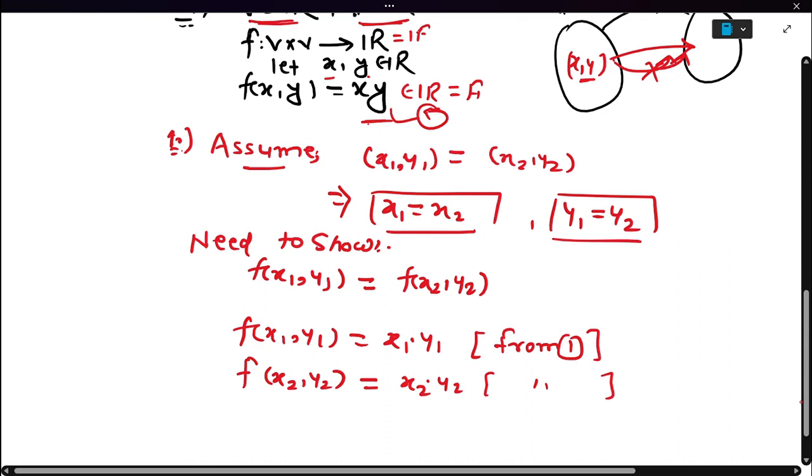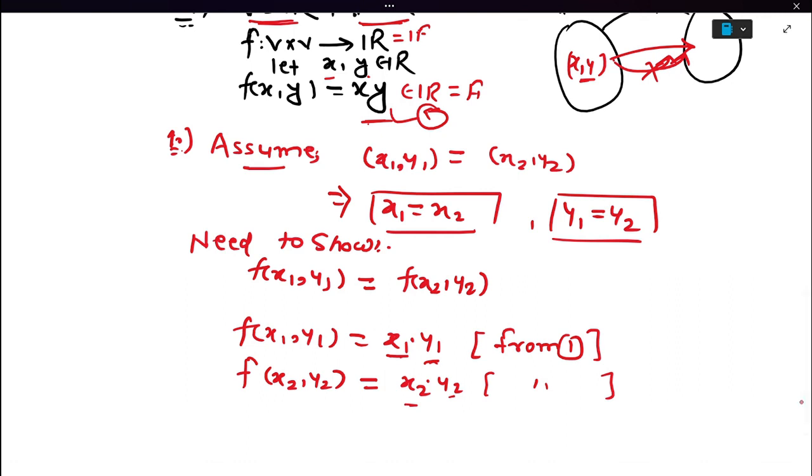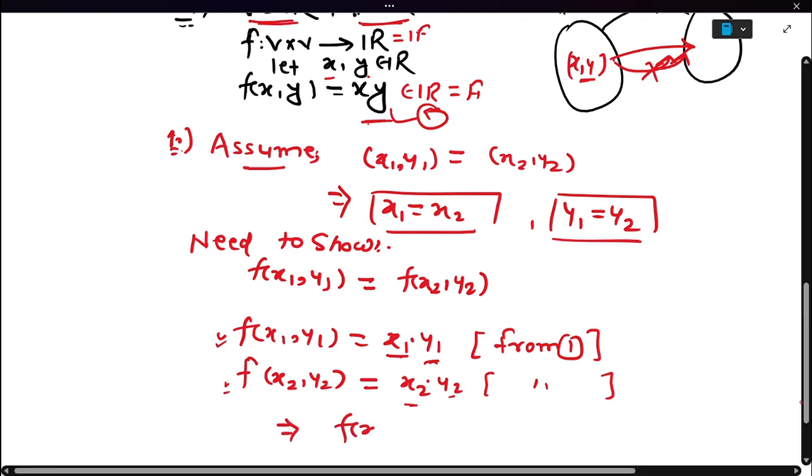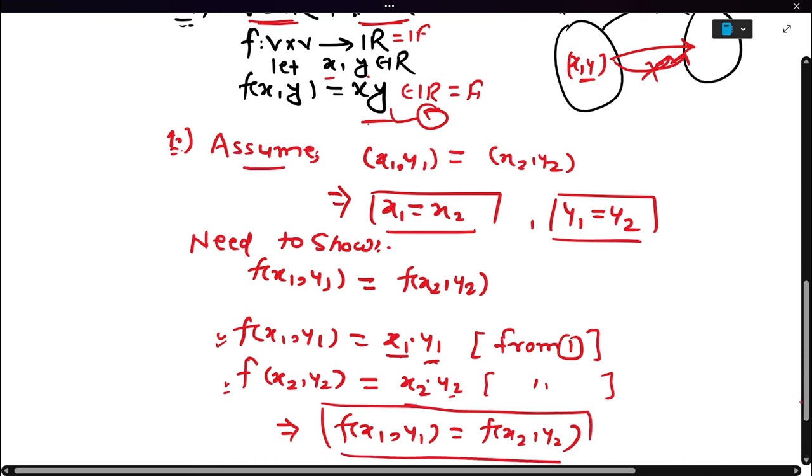Now we can see here x1 equals x2 and y1 equals y2, meaning the RHS of both images is equal. Okay, this will imply f(x1, y1) equals f(x2, y2), meaning that whatever we have defined